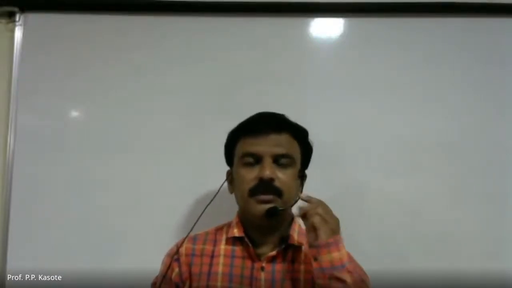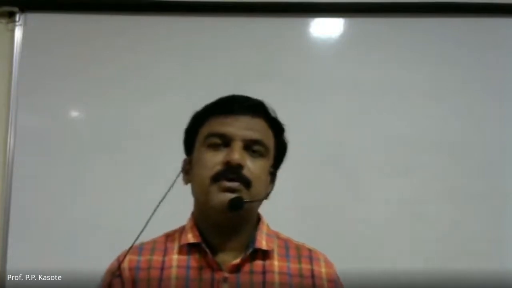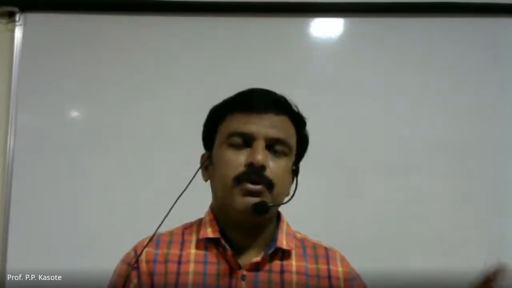Good morning, children. Yesterday we discussed the complex number. The number of the form a plus ib is called a complex number, where a and b are real numbers. The value of i is root minus 1, whereas i square is equal to minus 1. Today we are going to discuss one more new concept of the same, that is conjugate of